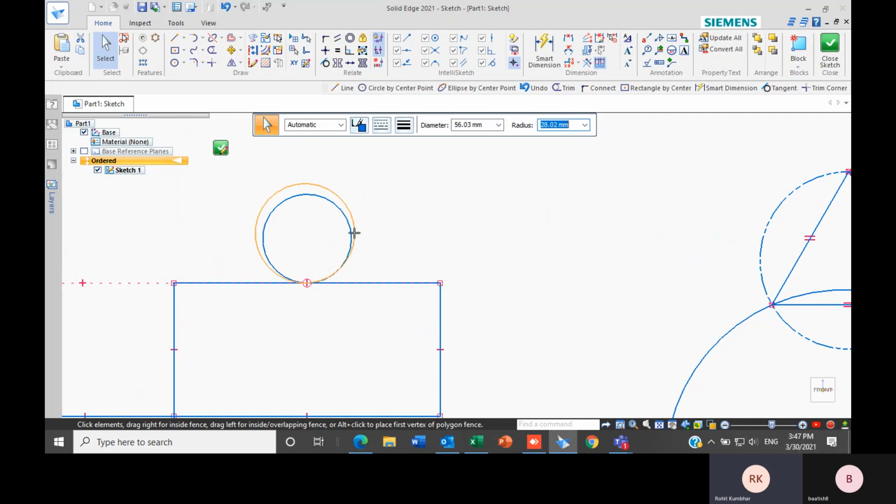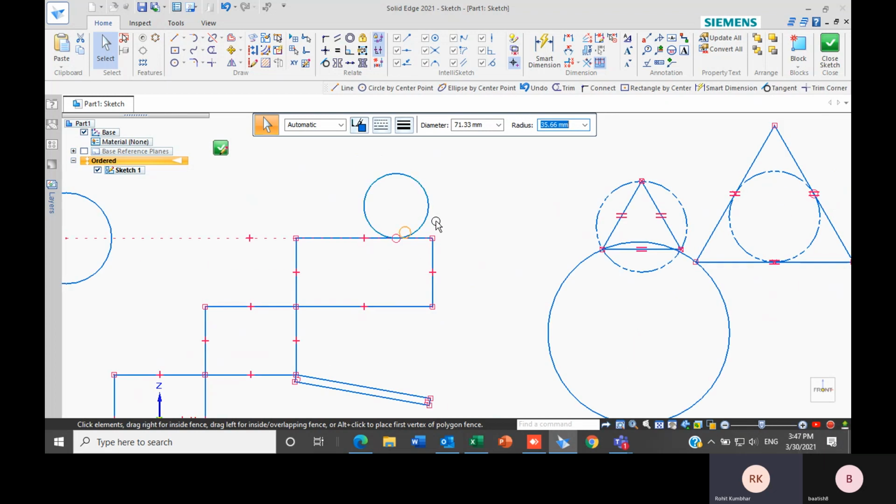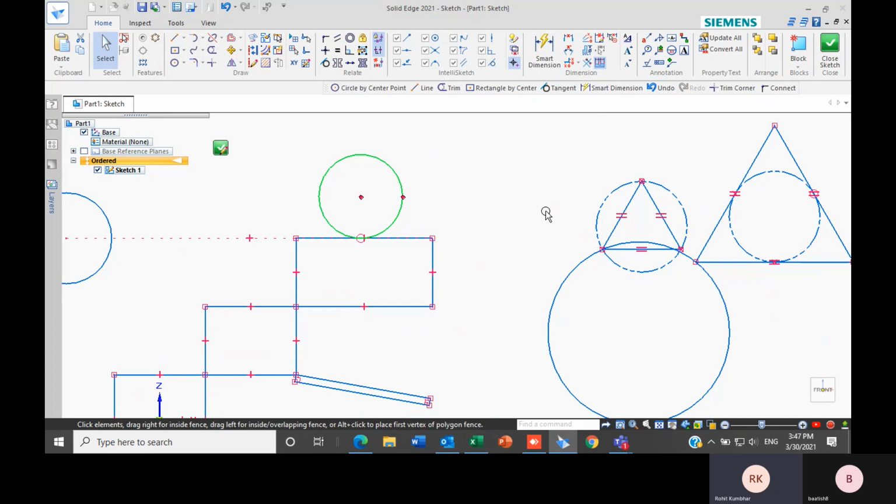I can change the dimension or tangency of that circle. So the circle which I have created will remain at that point. So this one is about circle by tangent point.